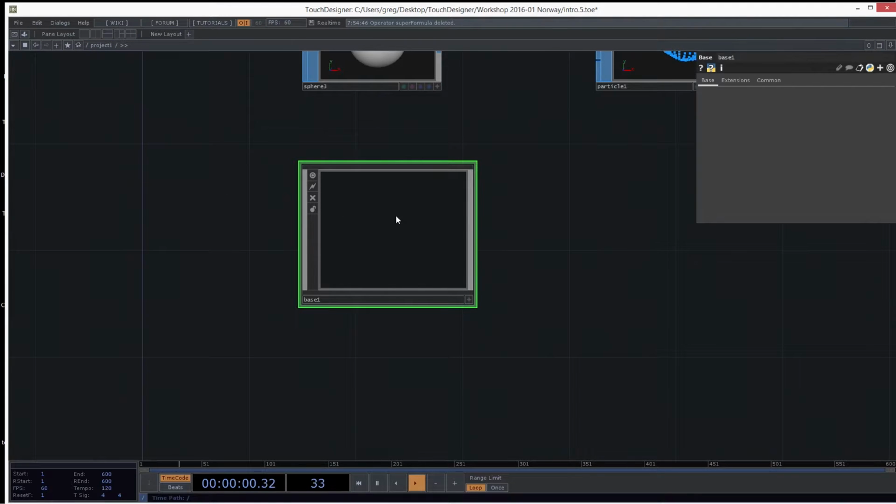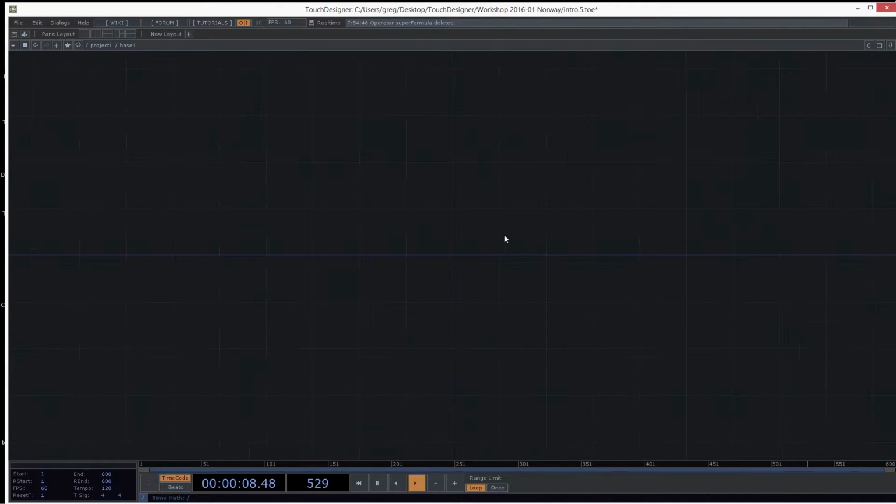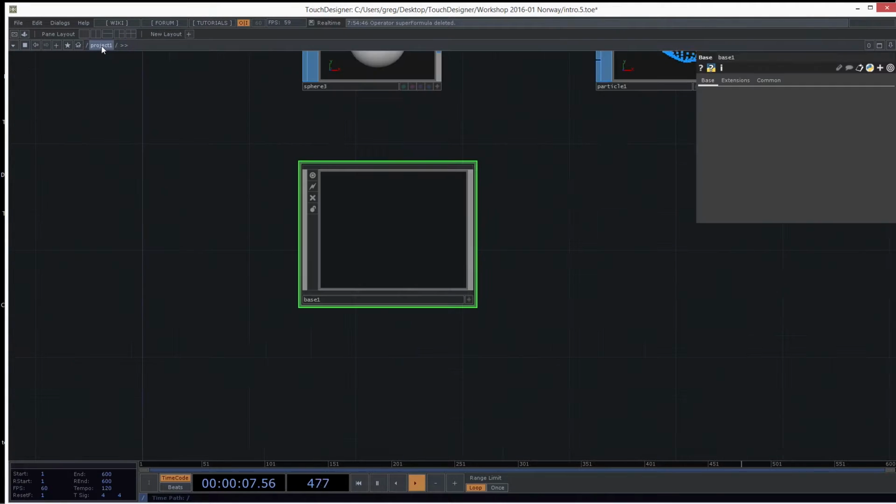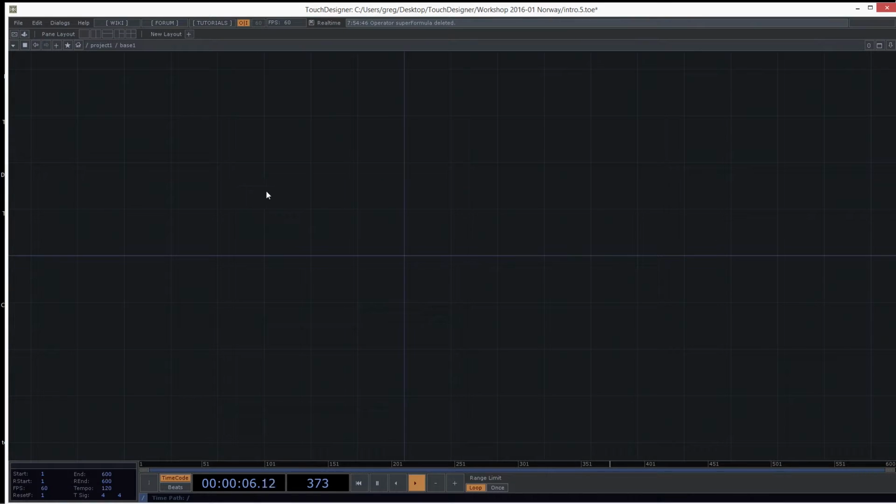So by adding this base here, I have now added something called base one, which we can go inside by just pressing enter. So now we have a new network that we can start a new idea, a new project, or whatever. So you can see up here in the address bar, you have project one now and then base. This is just like Windows for navigating, so you can click on project one to go back to it. Or I can click on this slash and see what's available to me, and oh, I see base one is there. I'll click on that and go inside it. So you can navigate from this address bar,